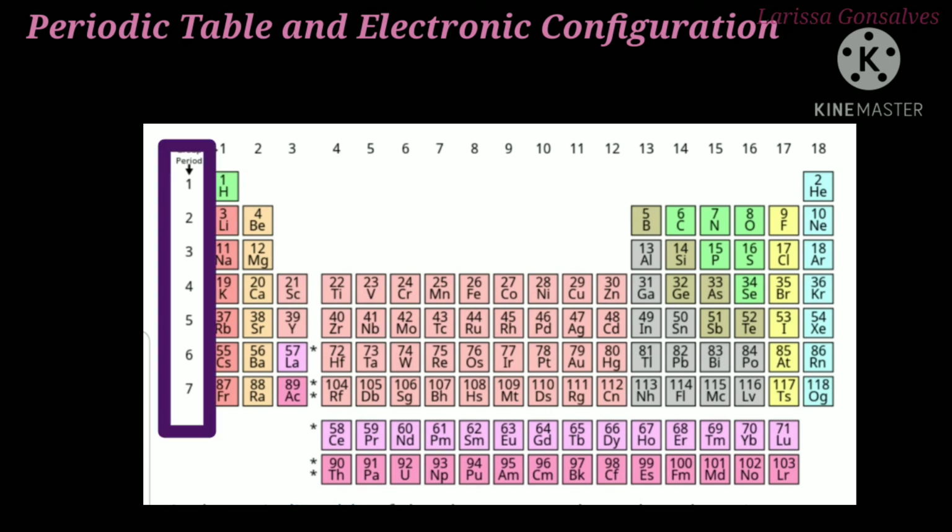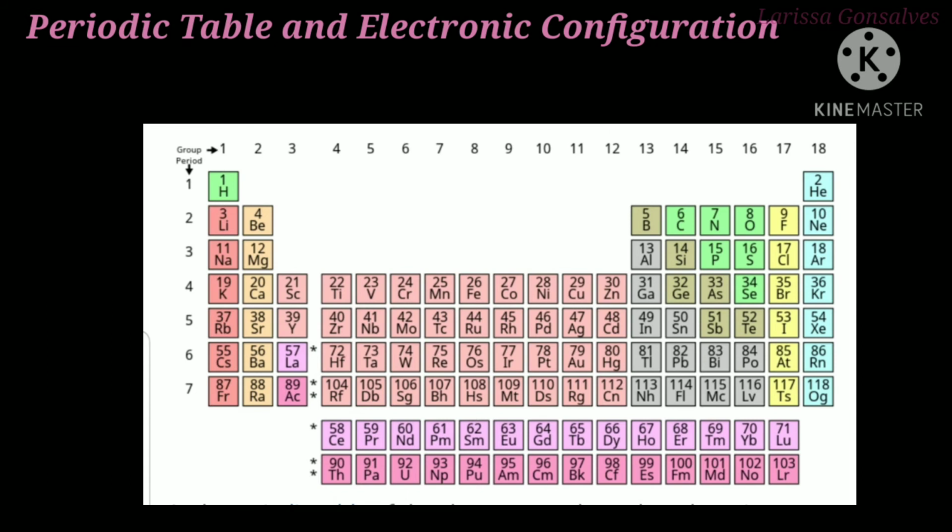I have already mentioned that the periods in the modern periodic table are numbered from 1 to 7. After some inspection, it was understood that the period number is the same as the principal quantum number, which is denoted by the small letter n. If we take a period, then as the atomic number increases, one electron is added to the outermost shell, and this forms the neutral atom of the next element. If we observe the elements at the end of every period, they have a complete octet configuration.